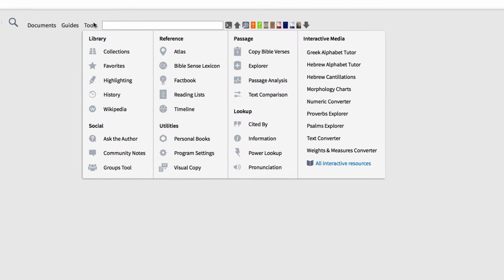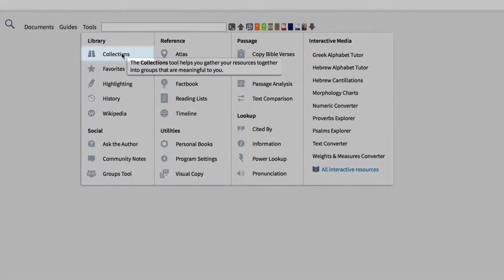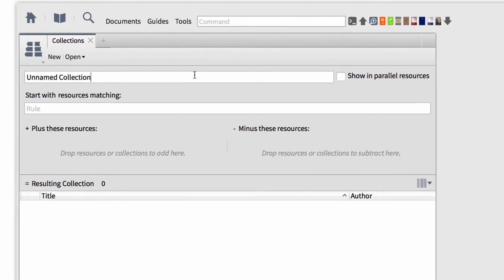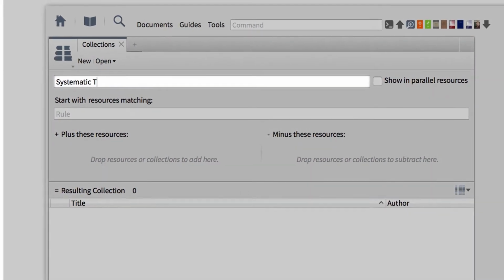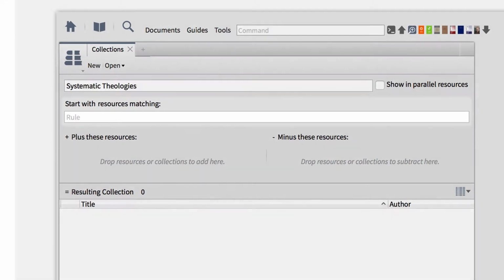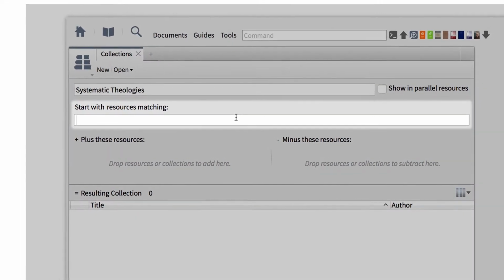First, we need to create a collection that houses all of the systematic theologies in our library. To do this, go to the Tools menu and choose to open Collections. When the tool opens, start by giving this collection a name that you'll remember, like Systematic Theologies. Then, to add resources to this collection, jump down to the rule box where we can add a rule for